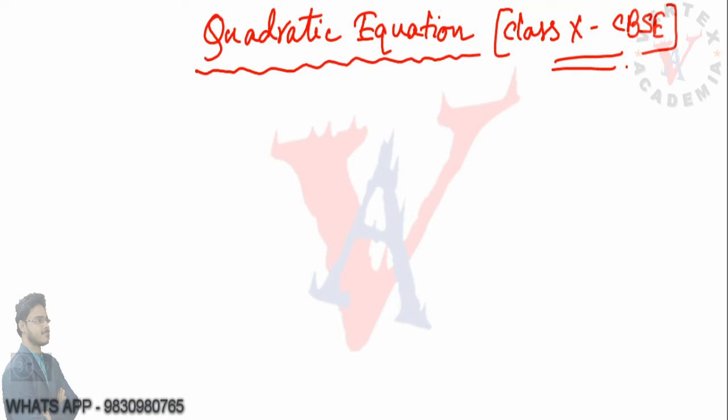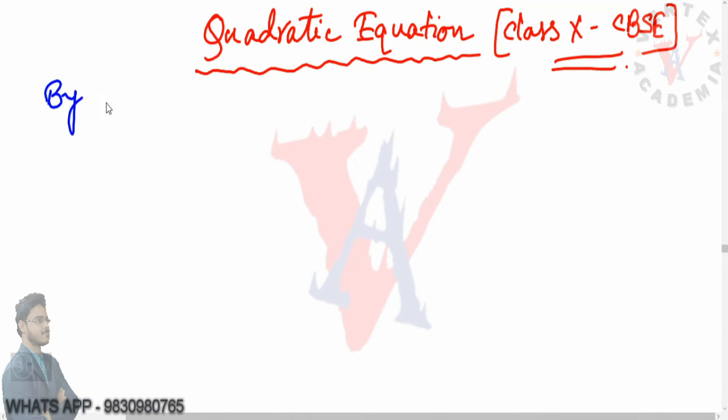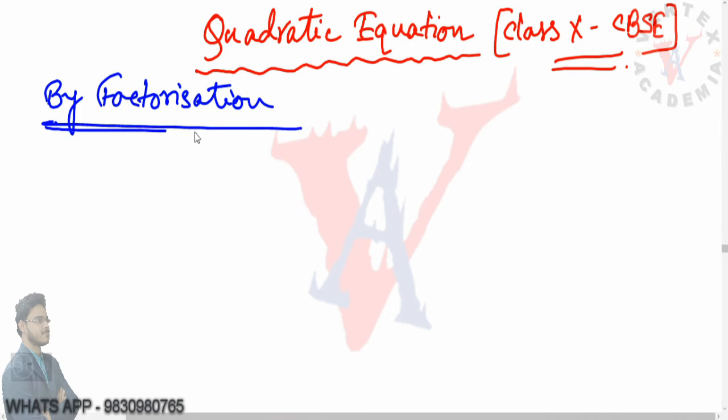Today we will be discussing the fourth lecture on quadratic equations, and today's lecture is basically on finding the solution by factorization. Now in class 9 you have already learned how to factorize a quadratic expression, so just a quick overview of that. I am not telling that in detail because you have already learned it, and my class 9 lectures will also be uploaded soon. From there you can learn it. So just a quick overview.